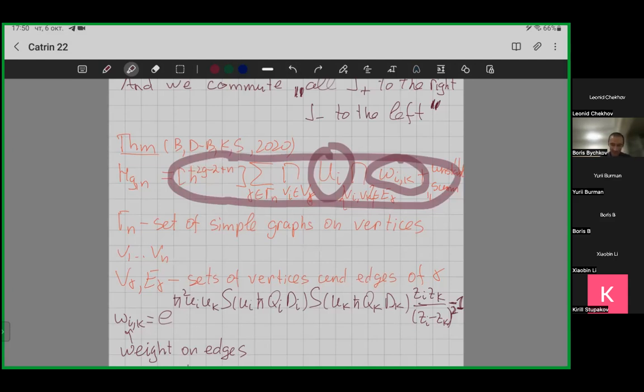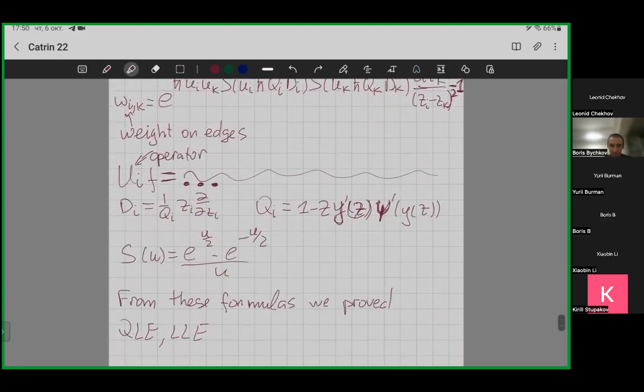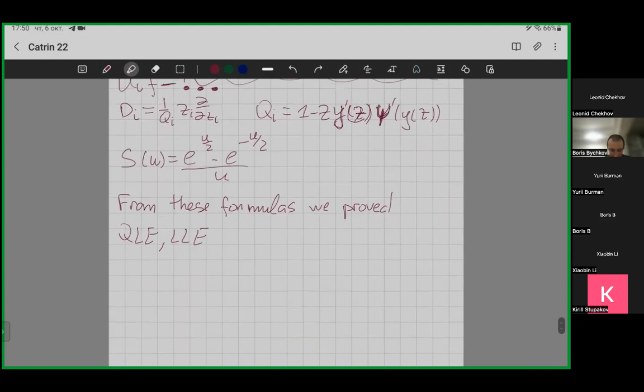I think I need one more or maybe more lectures to describe it in detail, but nevertheless it's possible to prove these quadratic and linear loop equations,